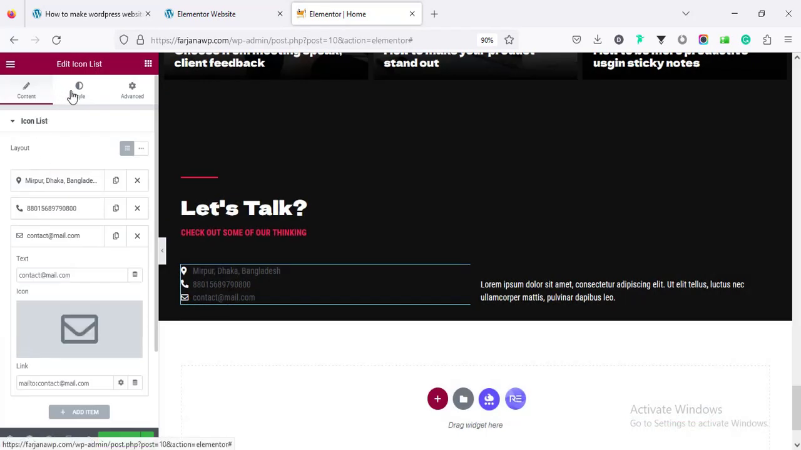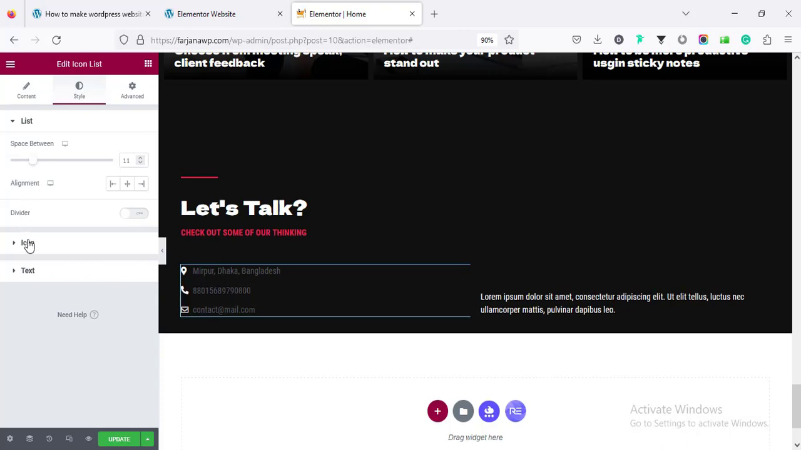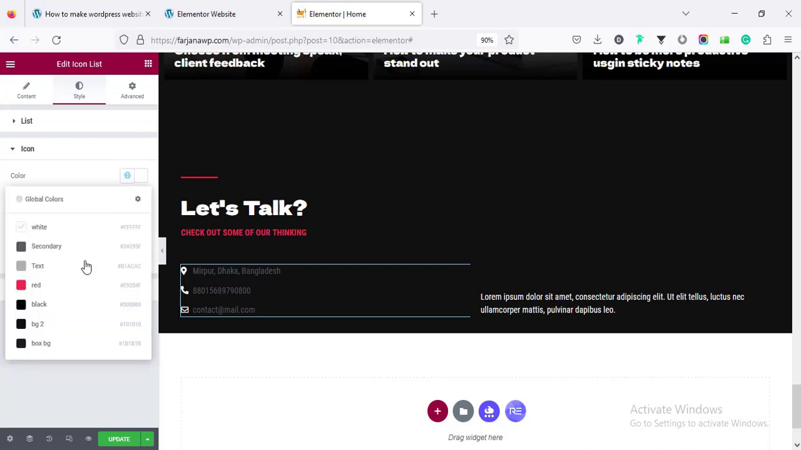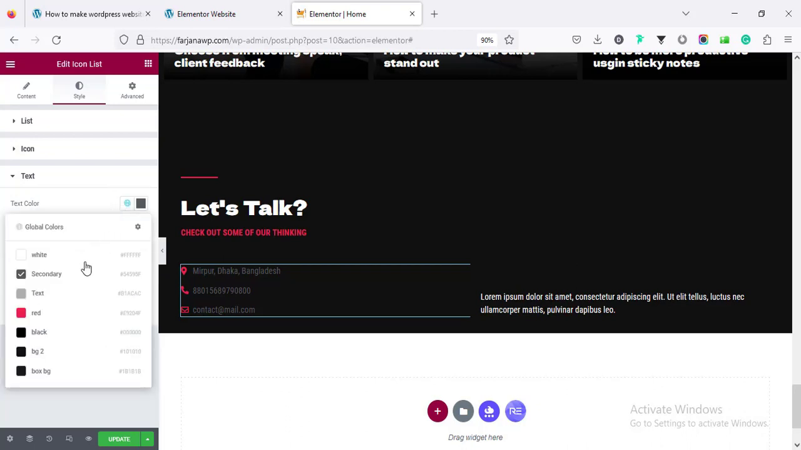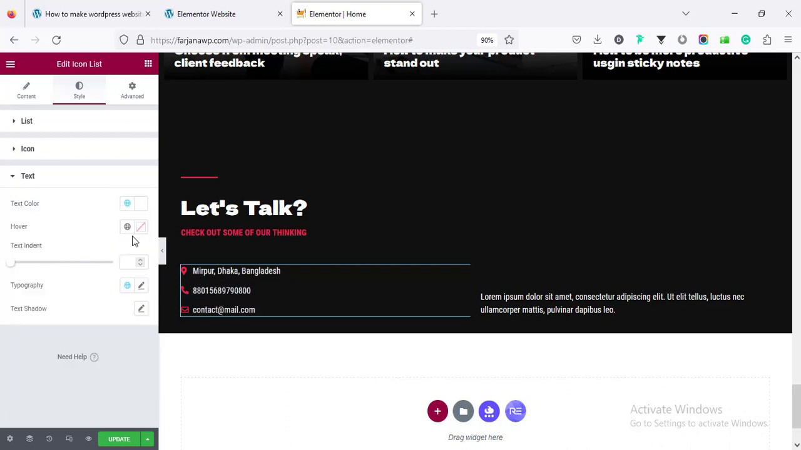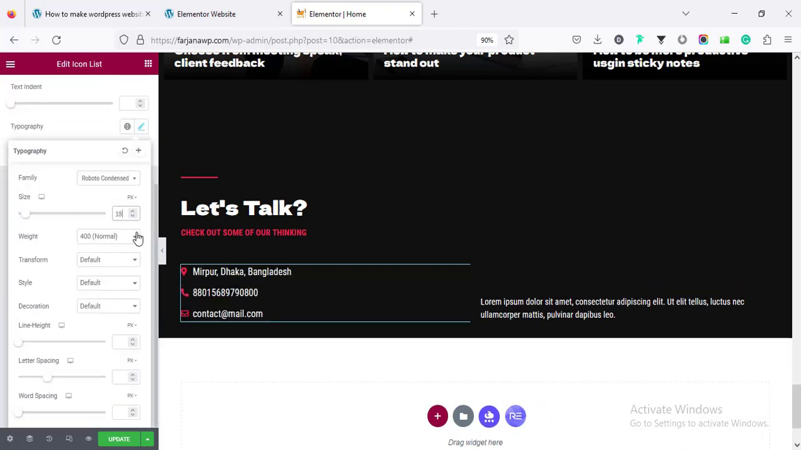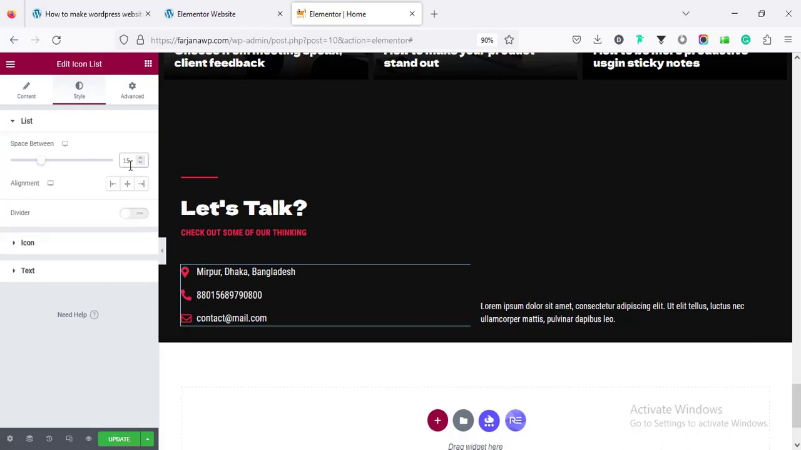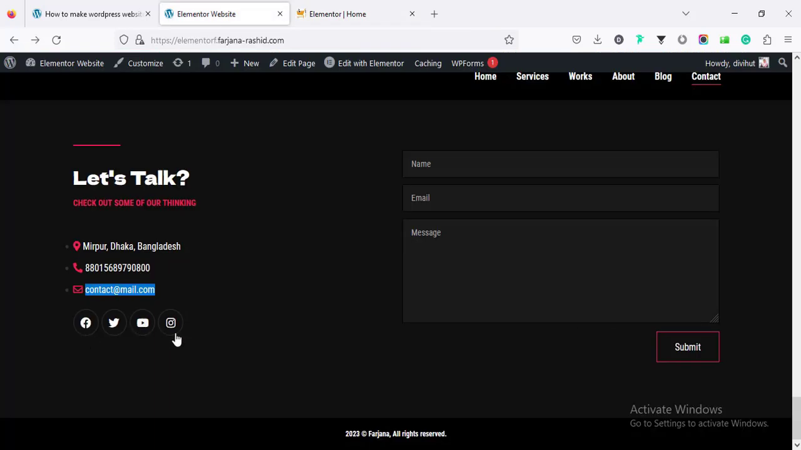And now going for the style tab, space between, going to icon, changing the icon color, I'm making it to red color, and the text, changing the text to white, and the typography we can increase the font size, and also you can increase the icon size. Alright, we are done,